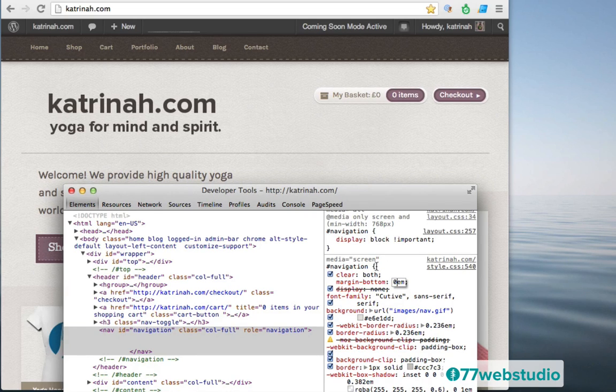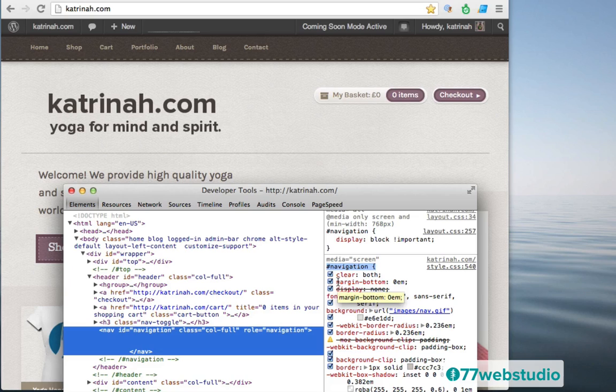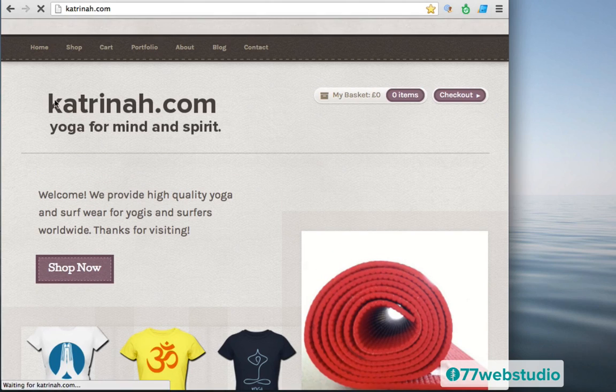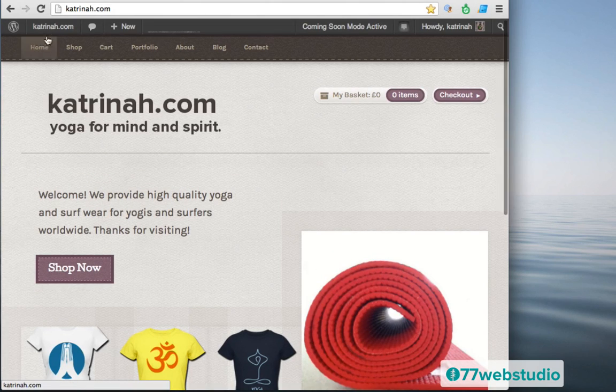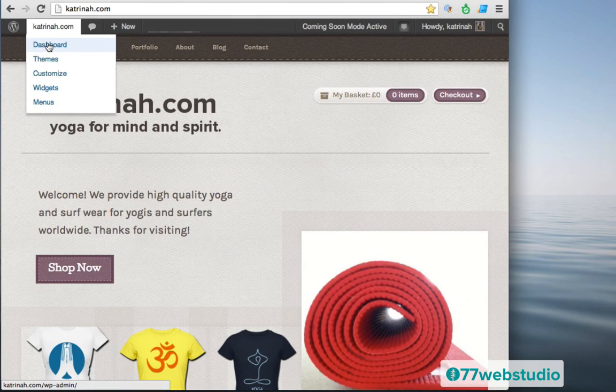And so what I need to do is copy this part, this pound navigation. So I'm going to highlight it and copy it. And also keeping in mind that what we need to edit is margin-bottom. So okay, I copied pound navigation and the opening bracket. Then I'm just going to close this. And now here, I'm going to go back to my dashboard in WordPress by clicking on the dashboard link.